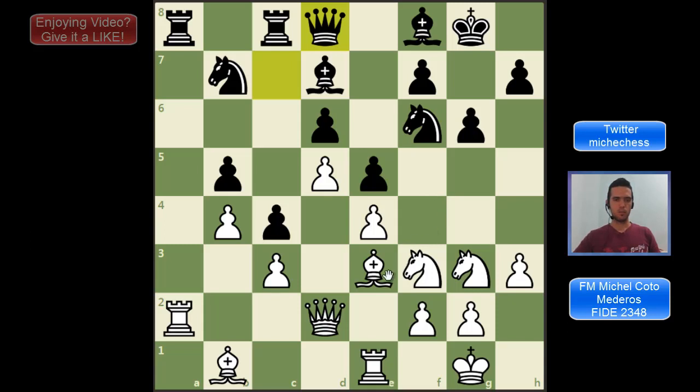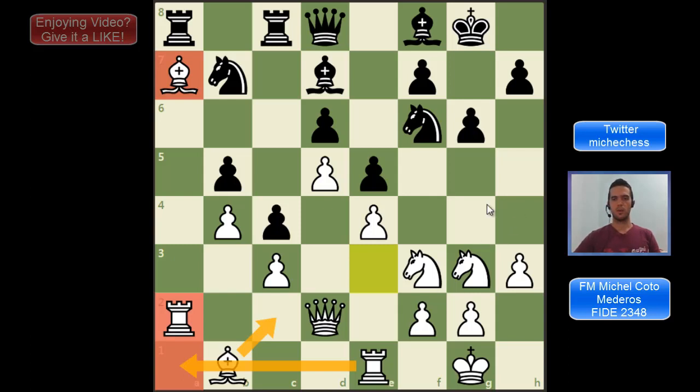And it is this move, bishop a7. This is a really nice move. Why would you move your bishop from e3, where it is safe and controlling so many squares, to a7, where it is going to be attacked by enemy pieces and is not going to be controlling as many squares? Well, the idea is that he wants to block the a file because in the next moves, white is going to be doubling rooks on this file. So then he's going to increase the pressure there, and probably he will have some threats and possibilities to definitely